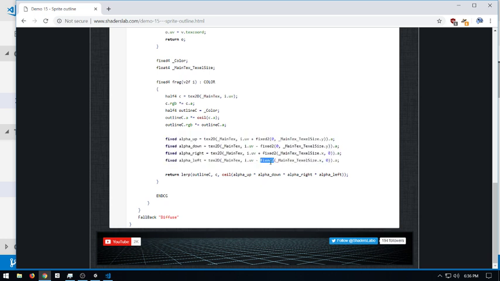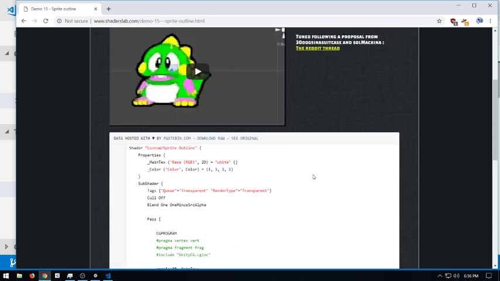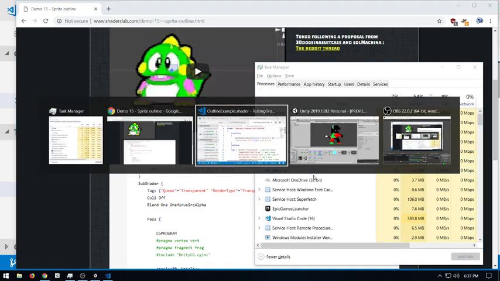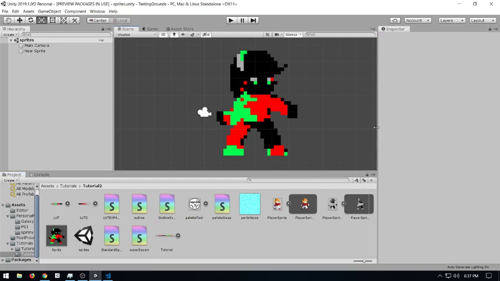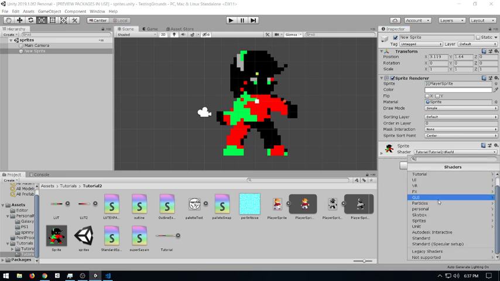I think I remember seeing this tutorial a long time ago, and the way he used to do it was he would take every single pixel and essentially run a for loop around all 9 surrounding pixels to check if they were in alpha or not. Which you can do in shaders, and as long as you're limiting your for loops to a very specific amount, it'll be okay, air quotes okay, but this is the right way now to do it. But I'm going to show you both because I think it's fun to show both. And it's fun to see everything.